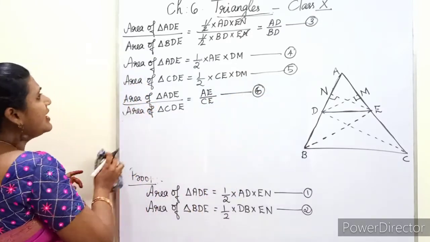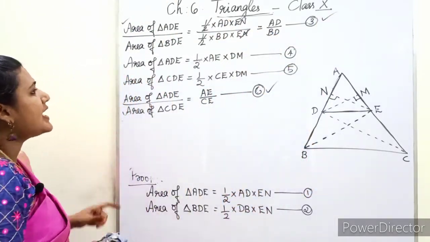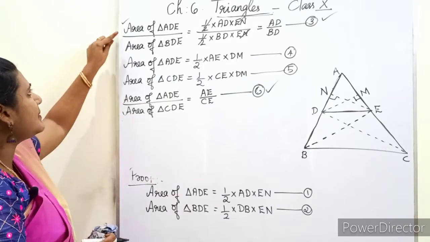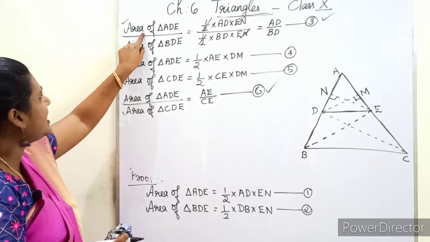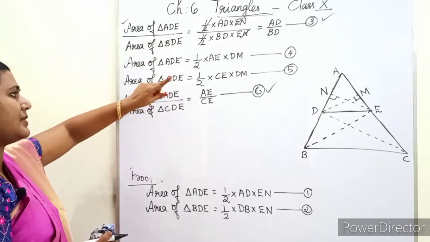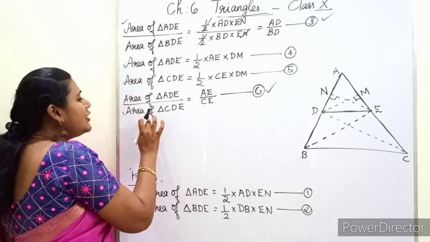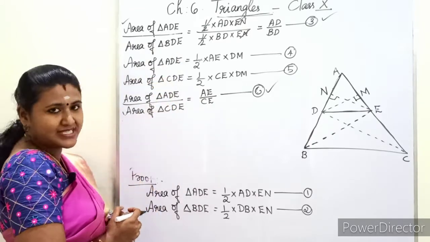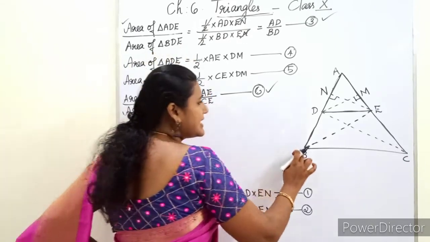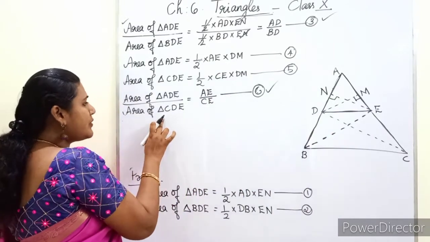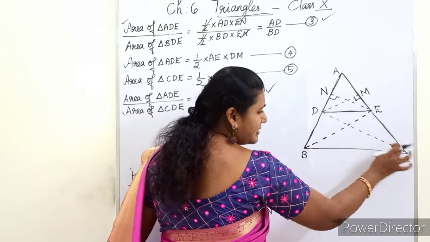Okay. Now we will consider equation 3, that is this equation, and equation number 6. Here, if you consider the left side, both the equations' left side numerators are the same. Numerator we have area of triangle ADE for equation number 3, and the same we have for equation number 6 also. So what about the denominator? Whether they are equal or not, we will check now. Actually here in the third equation we have area of triangle BDE, that is this triangle, and for the sixth equation the denominator is triangle CDE. CDE means this triangle.